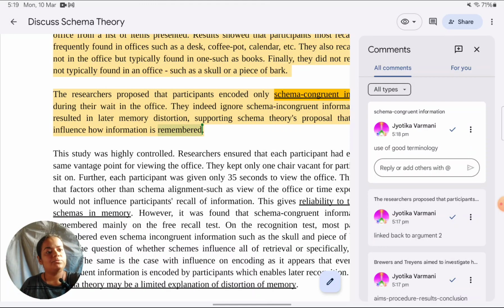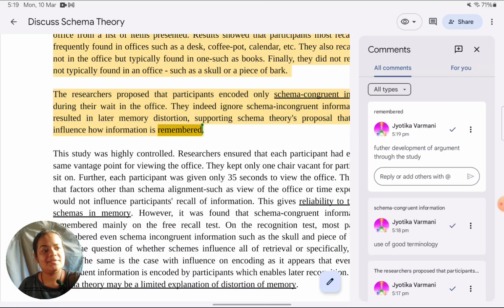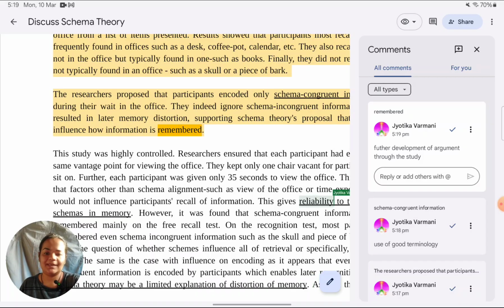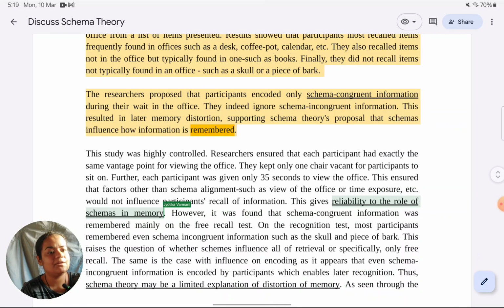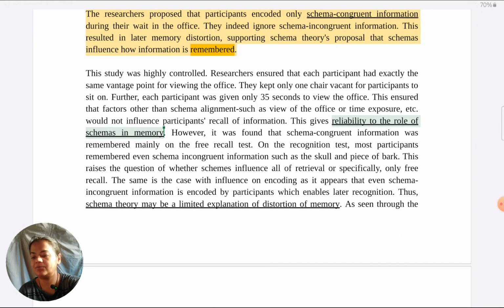Again, I'll go over the next one also quickly because it is similar to what we've seen before. The evaluation, like the strongest strength of the study has been taken in terms of reliability because it's a very standardized study. Again, you have to see contextualization. Whenever we talk about reliability, very concrete examples should be there. Supposing we say exposure time is fixed. What was the time? 35 seconds. Preferably mention that. For standardization, reliability, try to give very specific examples of what was done. That really strengthens the point. Again, so context is there.